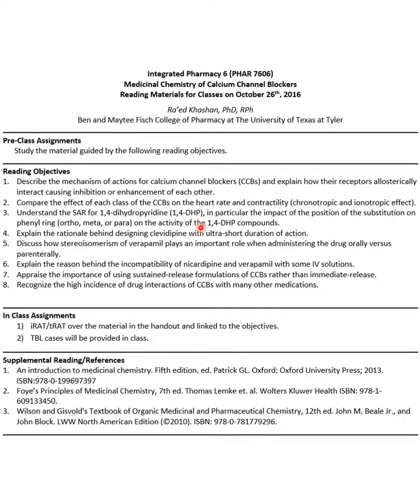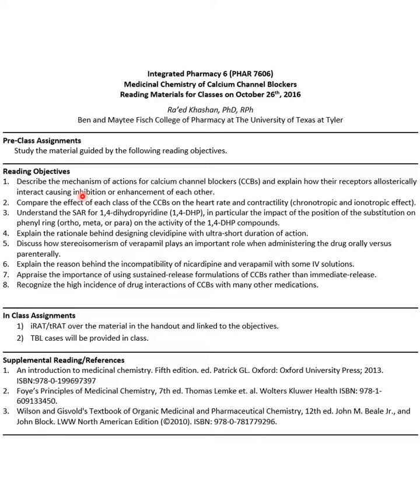Hey guys, today we'll talk about the medchem of the calcium channel blockers, and as usual, any additional comments is for your own education. The reading objectives are first to describe the mechanism of action of the calcium channel blockers and understand how each of the three kinds, the dihydropyridines, verapamil, diltiazem, they bind to different allosteric binding sites at